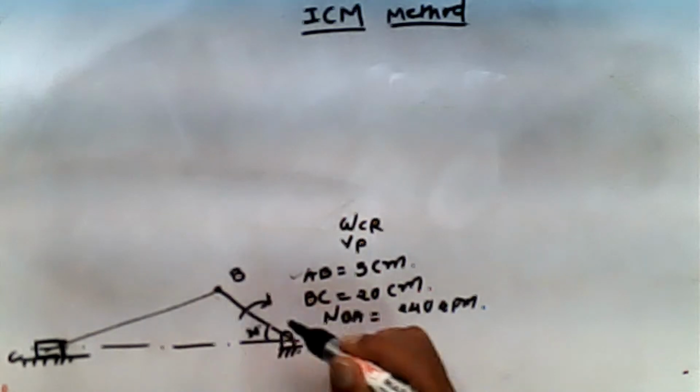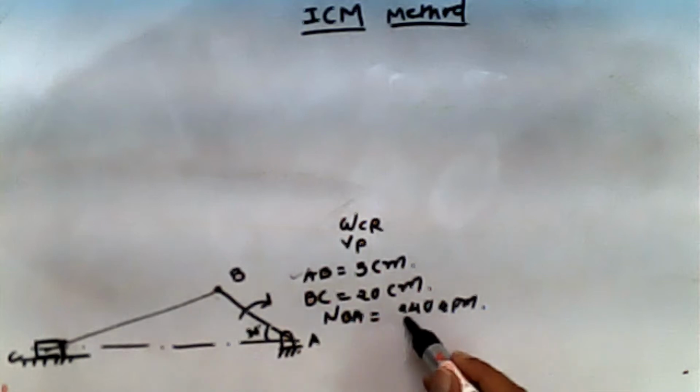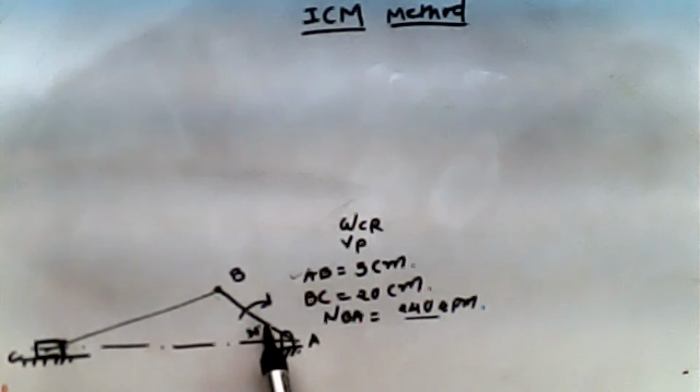in this direction. So the rpm of this crank is given to us. So here it is written 240 rpm. If we know the rpm, you can calculate the angular velocity. By calculating the angular velocity, you can calculate the velocity of this link BA. Correct? Now, the question is, determine the angular velocity of the connecting rod.